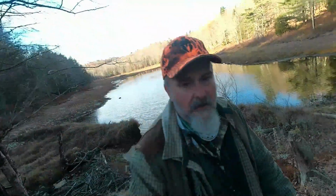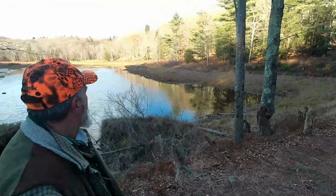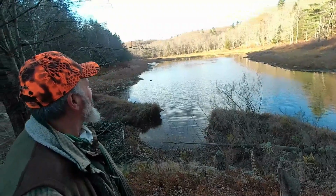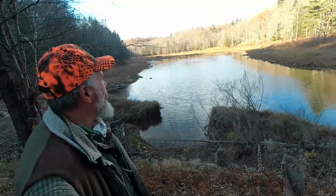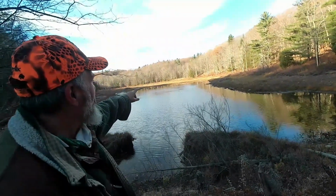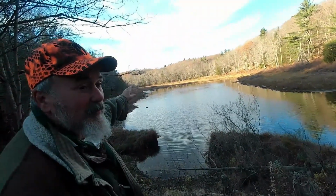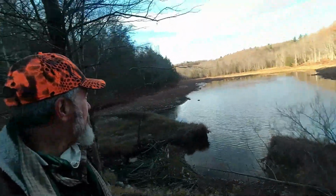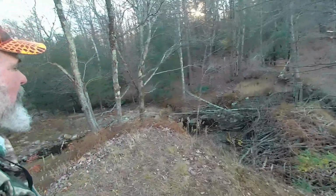So here we are at an old ice pond, way out in the middle of nowhere, in a mixed hardwood forest. And if I continue up that hill along the edge of the pond, there's another series of settlements that I'm going to pass. But I'm going to save that for another day, because this was a nice little walk. Let's go back and investigate